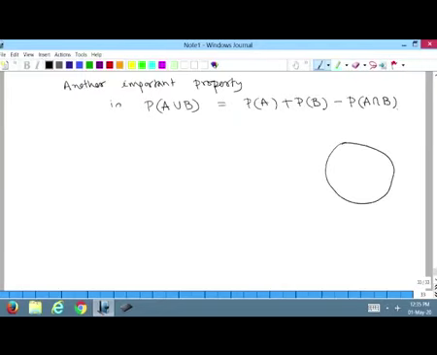Consider this to be my omega, and suppose this is A and this is B. Therefore, A union B is